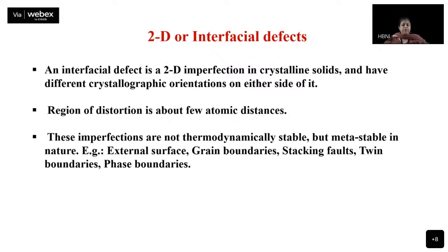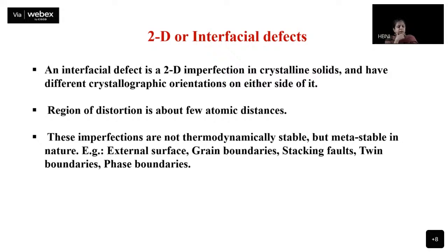Now we finish our 1D defects here. I'll quickly summarize. We have two kinds of 1D defect: edge dislocation and screw dislocation. Edge is formed when there is a plane of atoms that is parting midway. Screw dislocation is formed when the deformation happens in such a way that the atomic arrangement around the deformation is in the shape of a helix. Okay. Then the Burgers vector in case of edge dislocation is perpendicular, and the Burgers vector in case of screw dislocation is parallel or anti-parallel. Okay, and we can remove dislocations by applying temperature or by applying pressure.